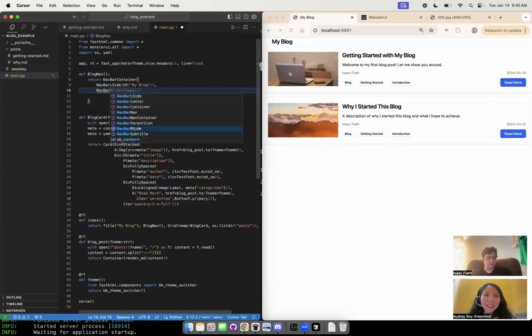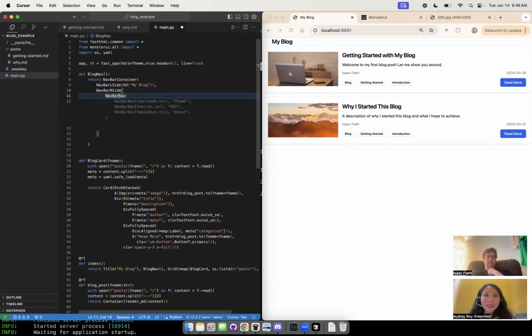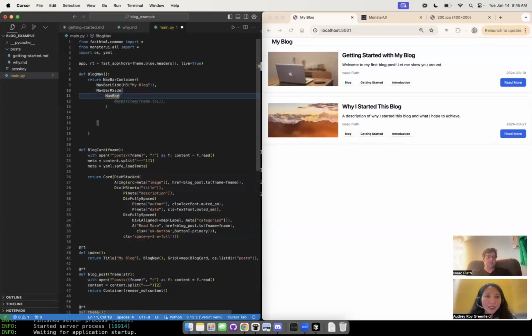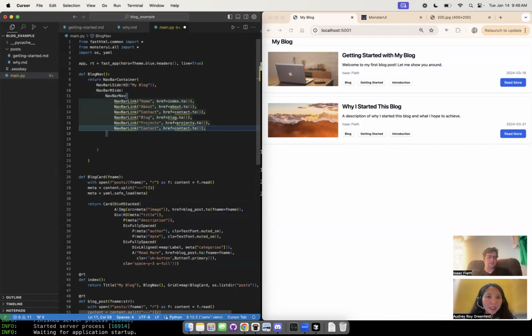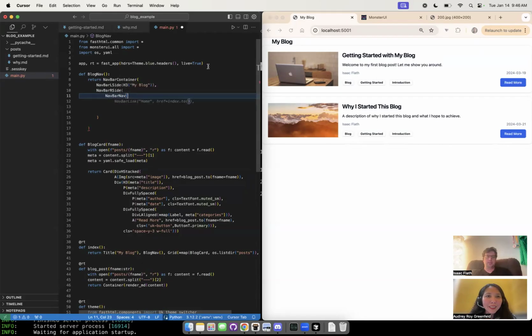Now we need a nav bar. Again, I can go down and I can find it here, the right side. And now again, we go to nav bar and we do this tab completion. And instead of regular content, because as you can see, you can put any kind of fast HTML content. You can put buttons or search bars or inputs or anything in the nav bar. I want a navigation element, a nav bar nav, which is something built for the nav bar, and it's a navigation element. And a nav bar nav takes